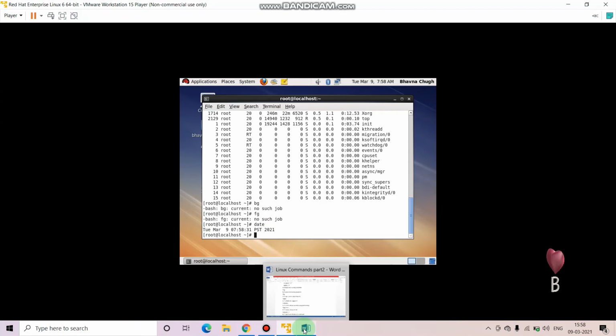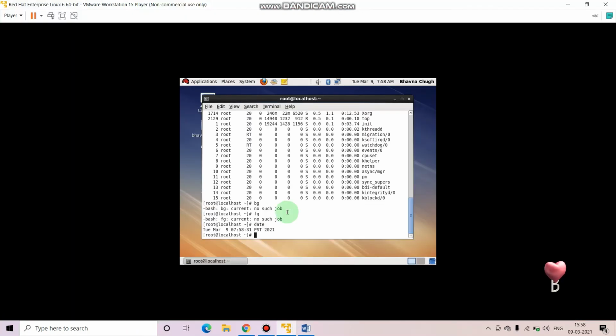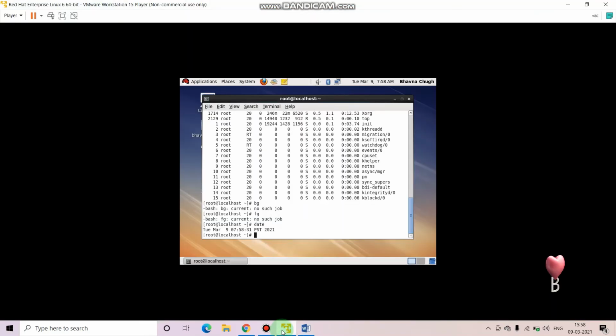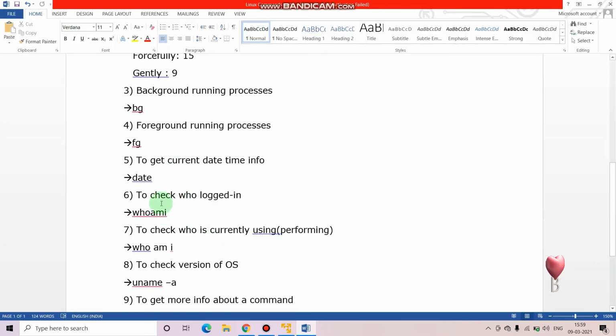Okay, so the next command is whoami. The whoami command is used to let you know who is currently logged in, as which user I am currently using the system.